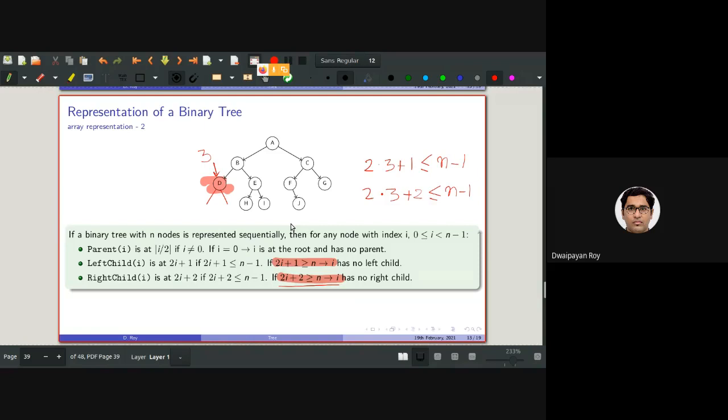The same condition holds for this parent, thanks for raising this. So this is also true for this condition.